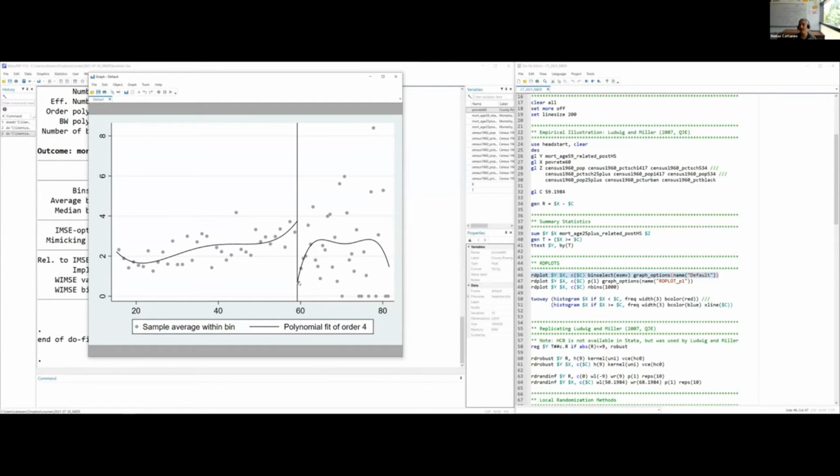So they will try one way or another to zoom in to a neighborhood around the cutoff, discard observations away from the cutoff, and then try to do inference using only those observations, which essentially, I believe, mimics more closely the identifying assumptions that we impose in regression discontinuity designs. We cannot really say much about the distance, the vertical distance, or any kind of difference in general for the